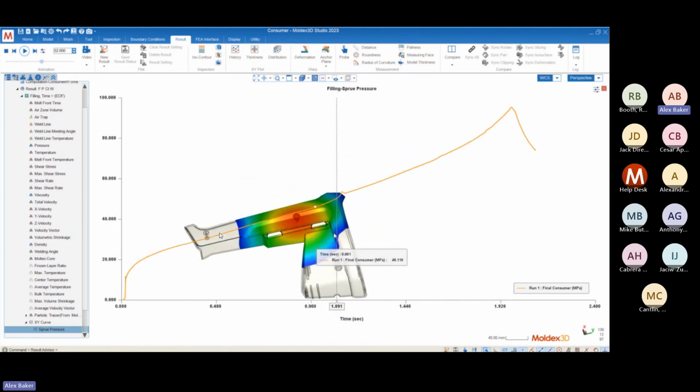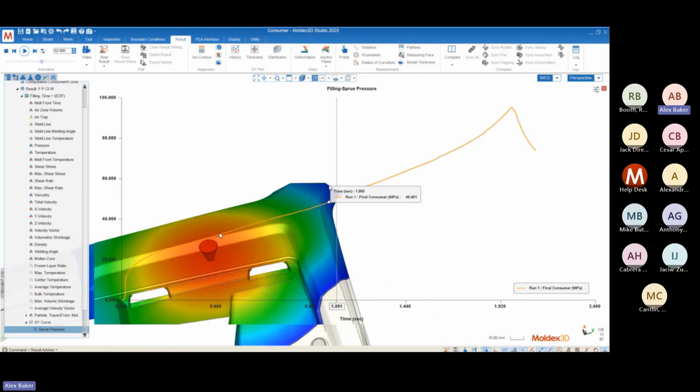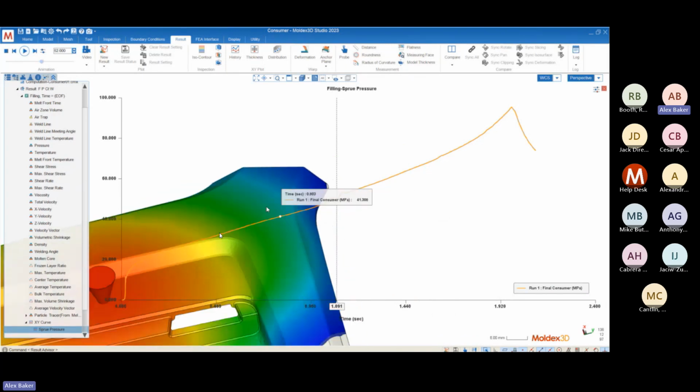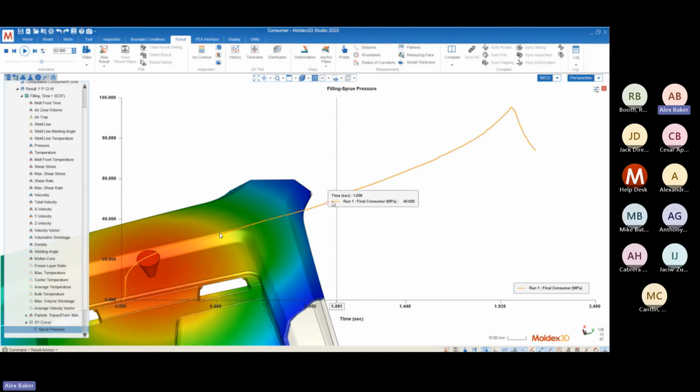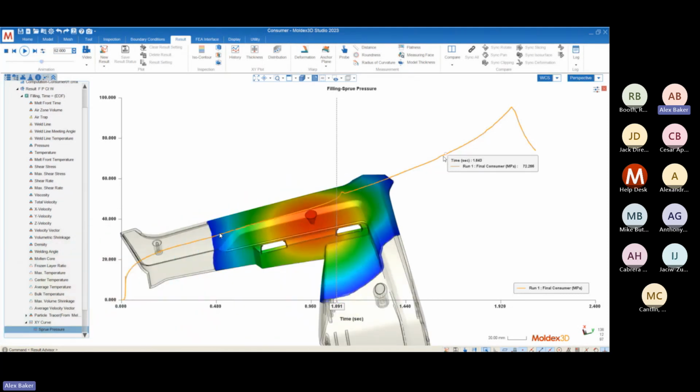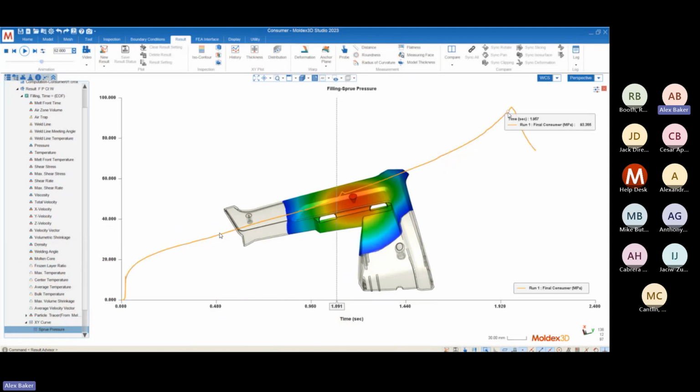And this is where these pressure spikes come from. Now, secondary end of fills like this usually result in a relatively low magnitude of pressure spike like what we see here. However, if this pressure spike occurs much later in our fill, closer to our VP switch, these pressure spikes will not only be higher in magnitude, but they can spike above the expected maximum pressure,